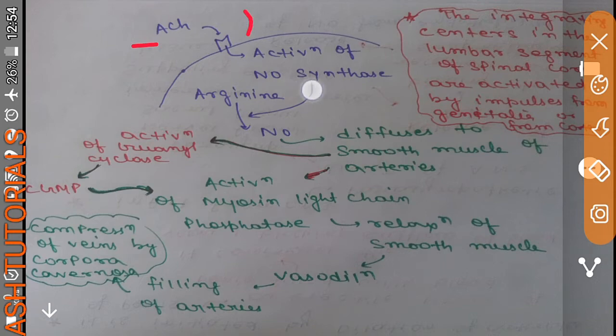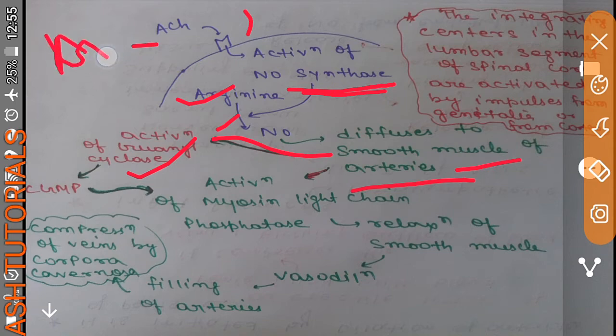It will lead to the activation of one enzyme that is known as NO synthase. It will convert arginine into NO and citrulline. Citrulline is also formed, but here we are focusing mainly on NO, nitric oxide. So arginine will convert into nitric oxide by the enzyme NO synthase, and this NO will diffuse to the smooth muscle of the arteries. After diffusing to the smooth muscle of arteries, it will lead to the activation of guanylyl cyclase present there. Once guanylyl cyclase is activated, it will convert GTP into cyclic GMP,